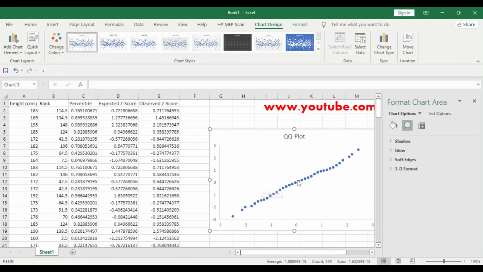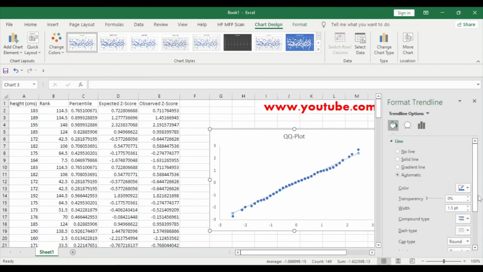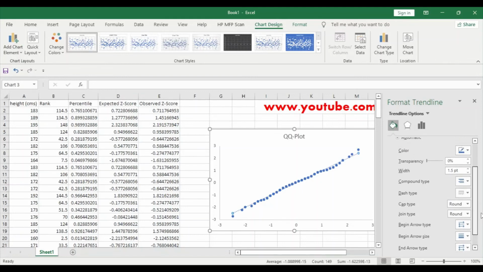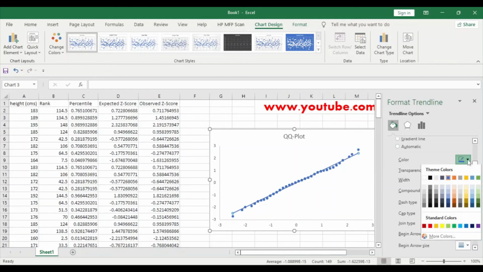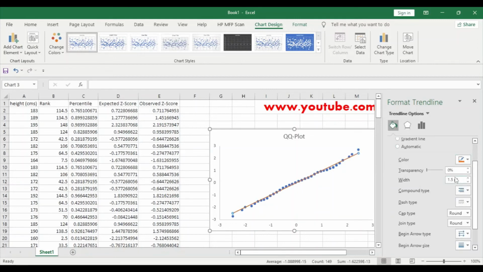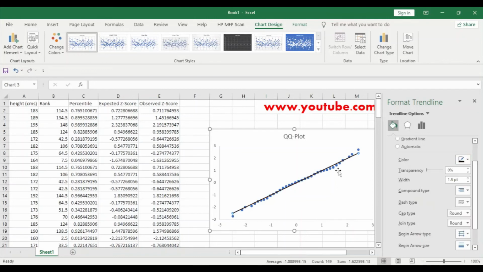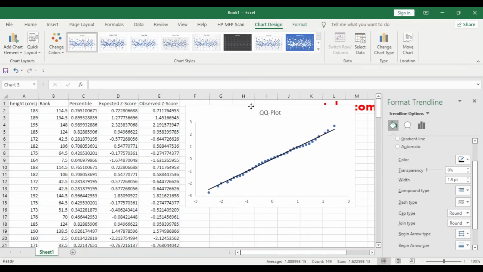Now we can insert a trend line. You can change the dots if you want, and then move it to a thick line, and you can change the dash type to a solid line. You can even change the color of that to orange or some other color of your choice, black, whatever color. So now we can see here that most of the data points are falling in line.